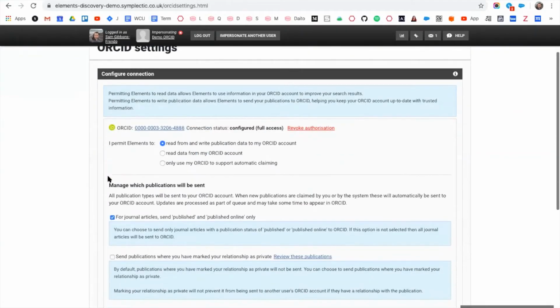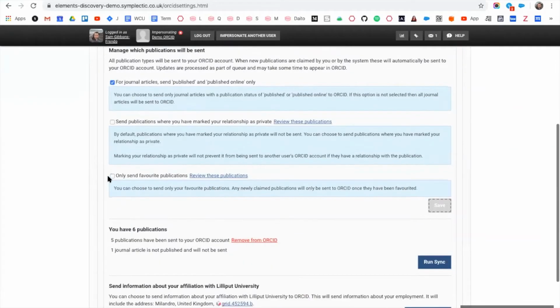Yep. So that's a very good question. There's a couple of things to bear in mind. Sends will be carried out with a relatively high priority, and deletes will be carried out with a higher priority. So, for example, if a user were to accidentally say that they'd send publications where you've marked relationships private, and then realize that they'd made a mistake, and take back that action, those deletes from ORCID would go through with a high priority. Now,